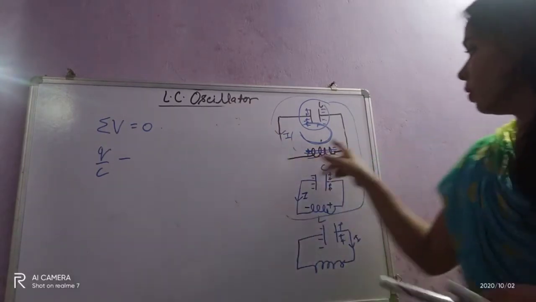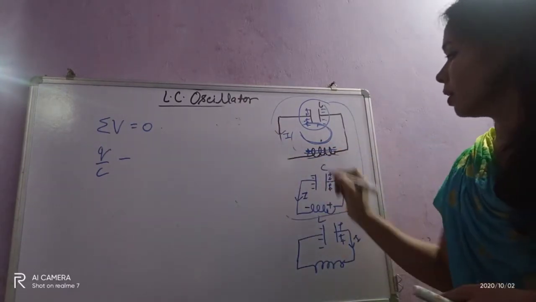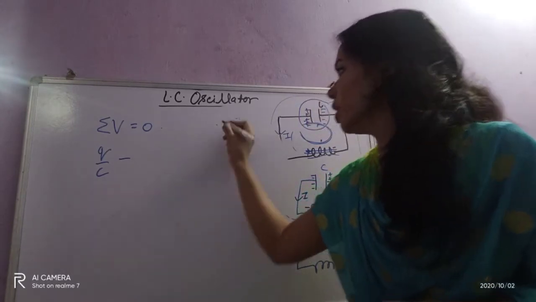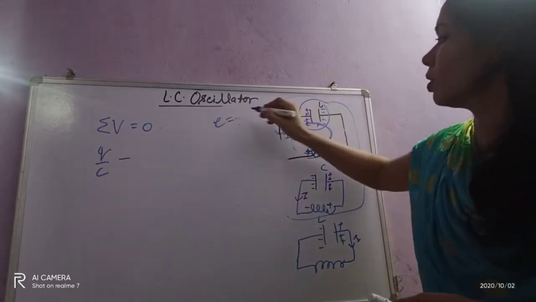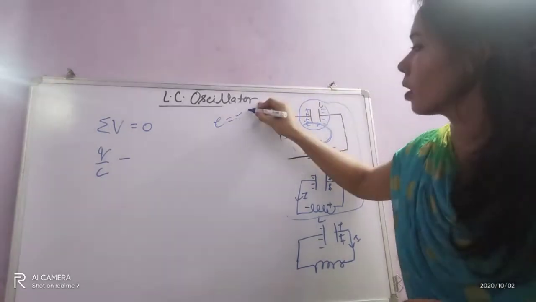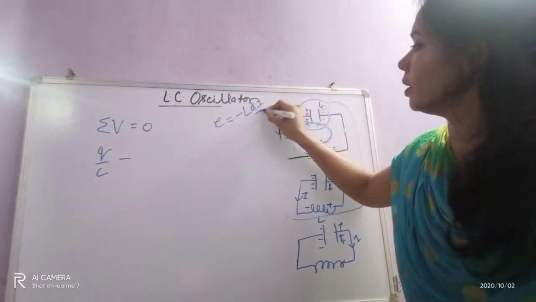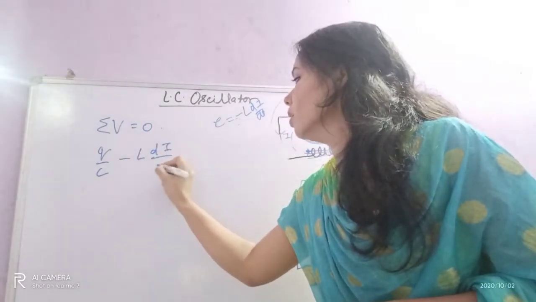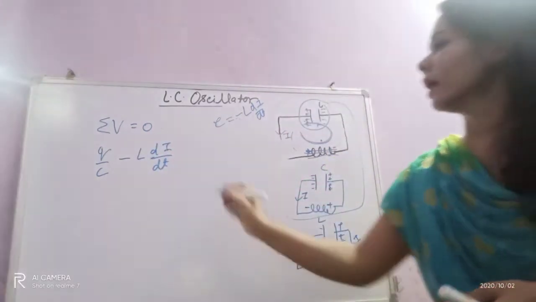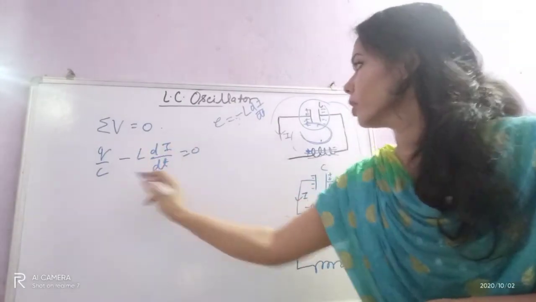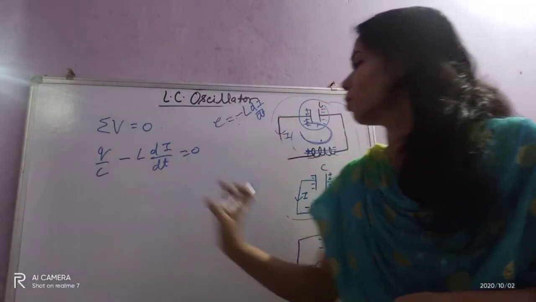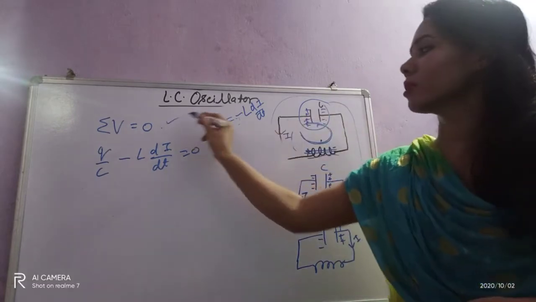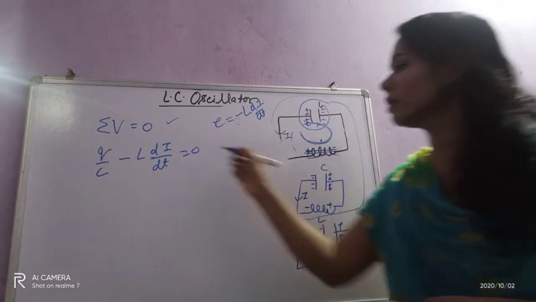So in case of this inductor, I'll write here the value of potential. Potential equals EMF, so it is minus L di by dt. So I'll write here minus L di by dt. Okay, that equals 0. The sum of this potential plus this potential equals 0. The sum of all potentials equals 0 by Kirchhoff's law. I have written it here. Now I'll solve it.